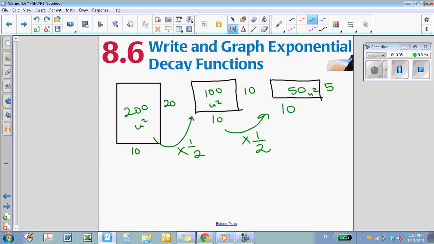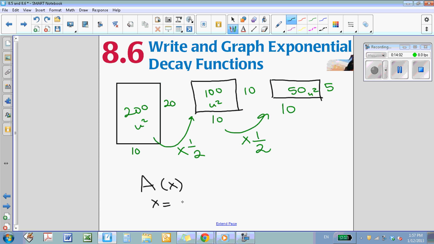So it's exactly the same idea. The difference is that instead of growing, it's actually getting smaller. So it's getting either halved, or you could do a third or fourth or fifth, but the numbers are actually getting smaller. So in this example, if you want to write a function that represents the area in terms of folds,